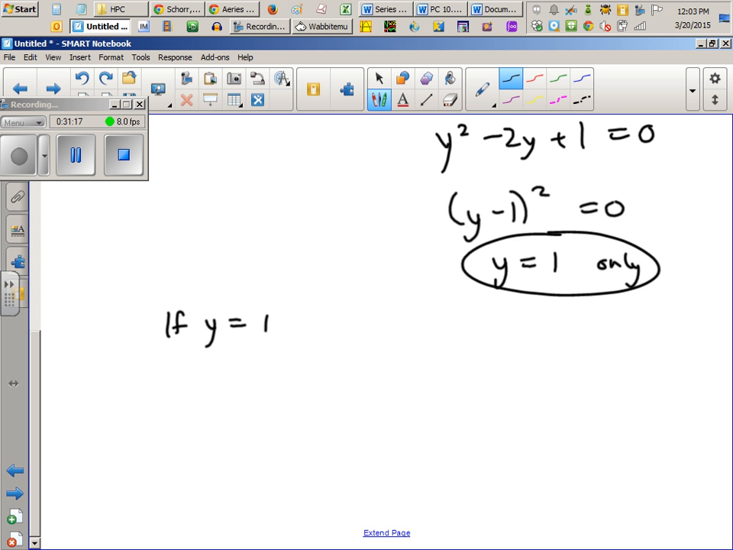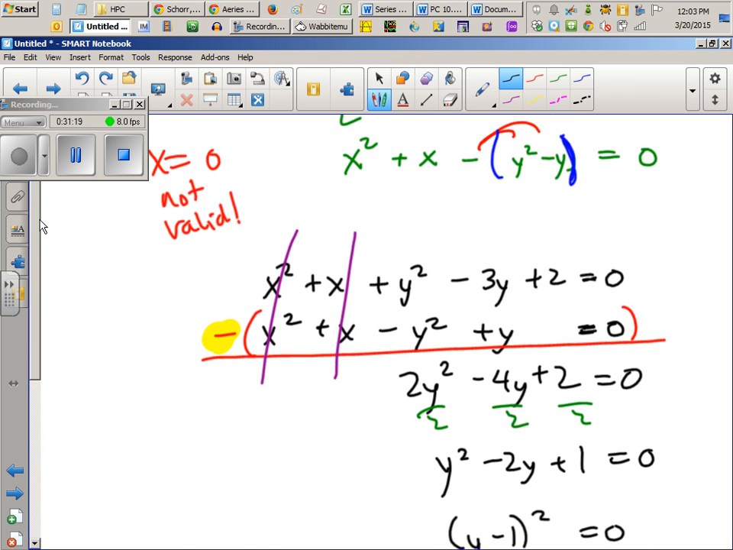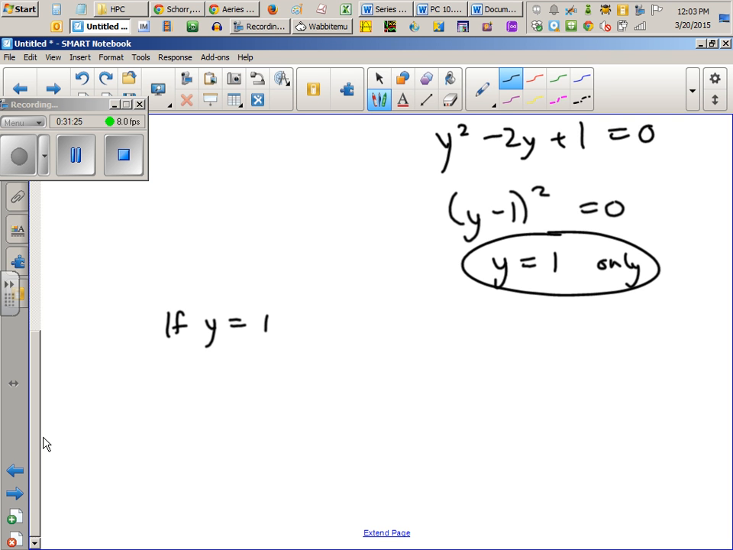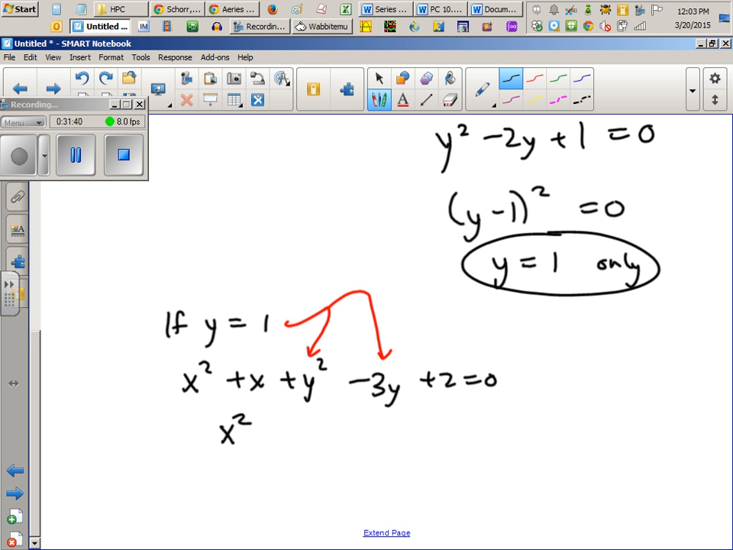If y equals 1, remember in the beginning, x squared plus x plus y squared minus 3y plus 2 equals 0. Let's plug this into there. That's awful, but this was one of our equations from earlier. We can plug in 1 here. You have to do it for both y's. But you get x squared plus x plus 1 squared minus 3 times 1 plus 2 equals 0. This just all cancels out. Bam, bam, bam. x squared plus x equals 0